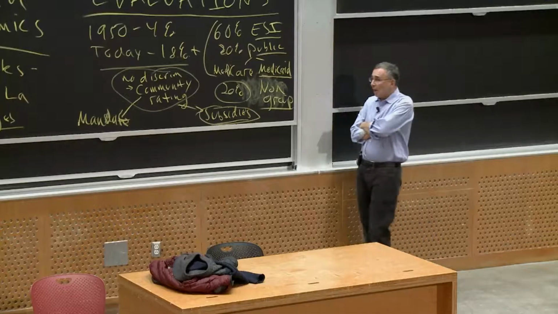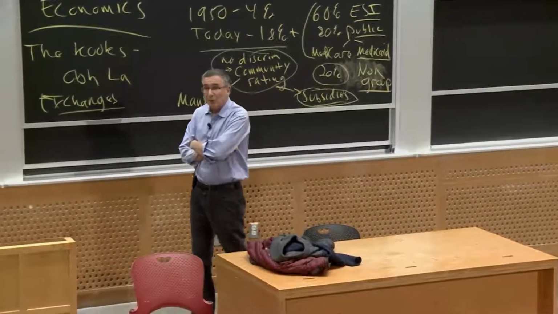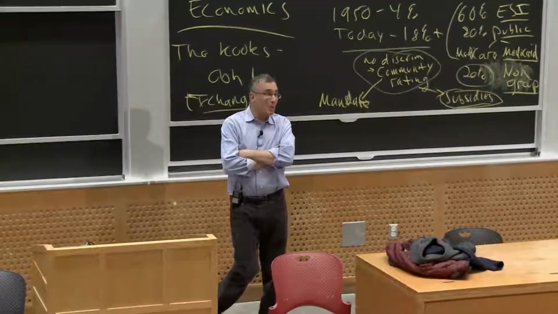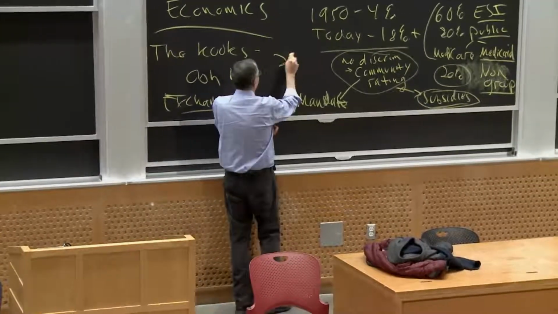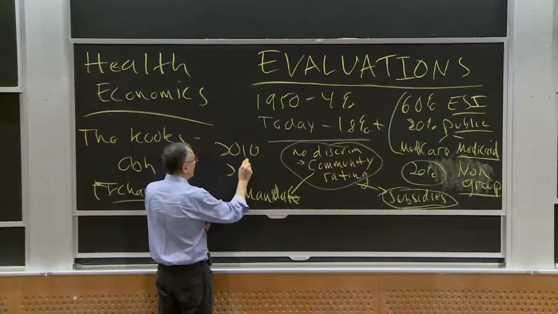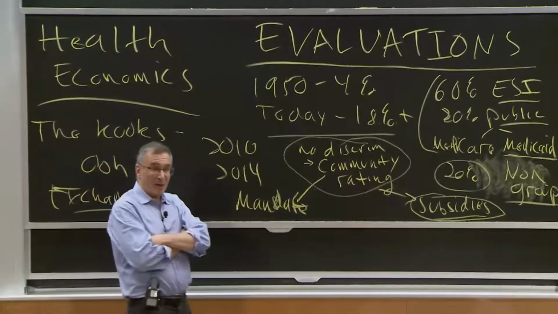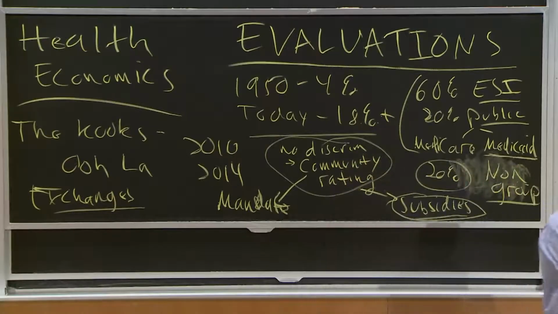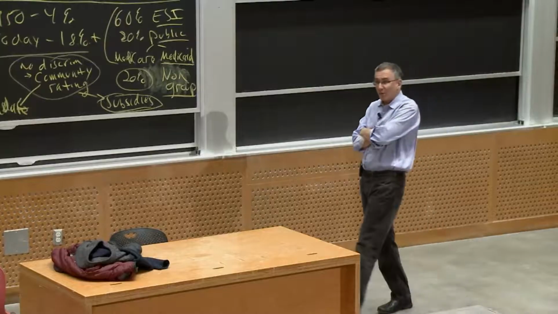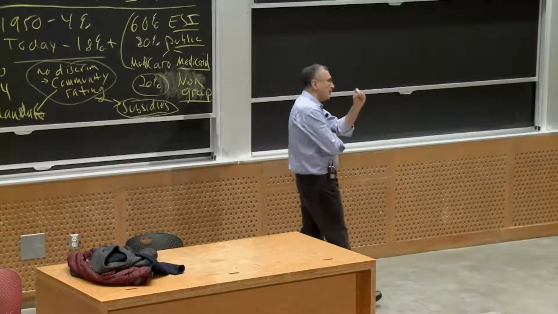Now, let's talk about the Affordable Care Act. On the policy front, it was an enormous success. The law was passed in 2010, implemented in 2014. By 2016, we covered about 20 million Americans with health insurance coverage. Okay? And we had fixed discrimination. There was no longer discrimination in insurance markets. I cannot emphasize this enough. People do not talk about this enough when they talk about the Affordable Care Act.